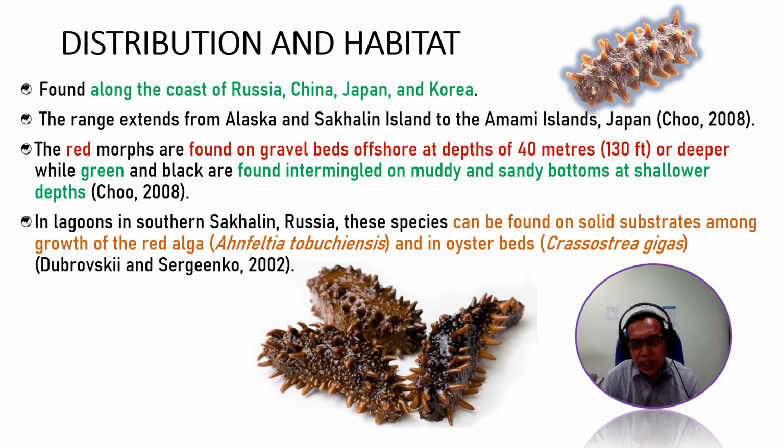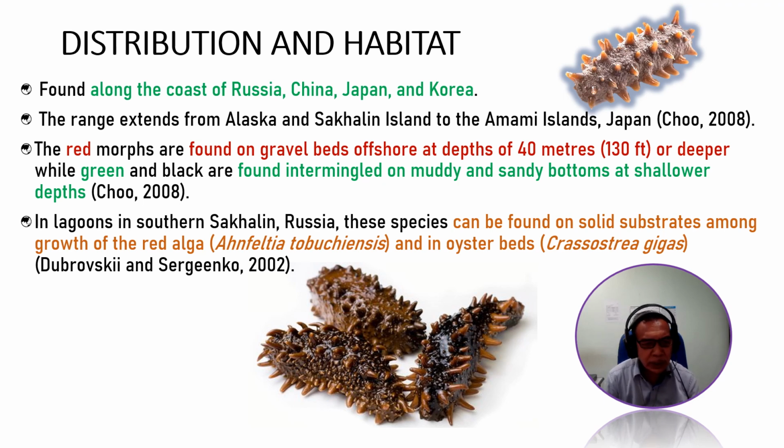As for the green and black, they can be found intermingled on muddy and sandy bottoms at shallower depths. This species can be found on solid substrate among groups of red alga and in oyster beds in lagoons